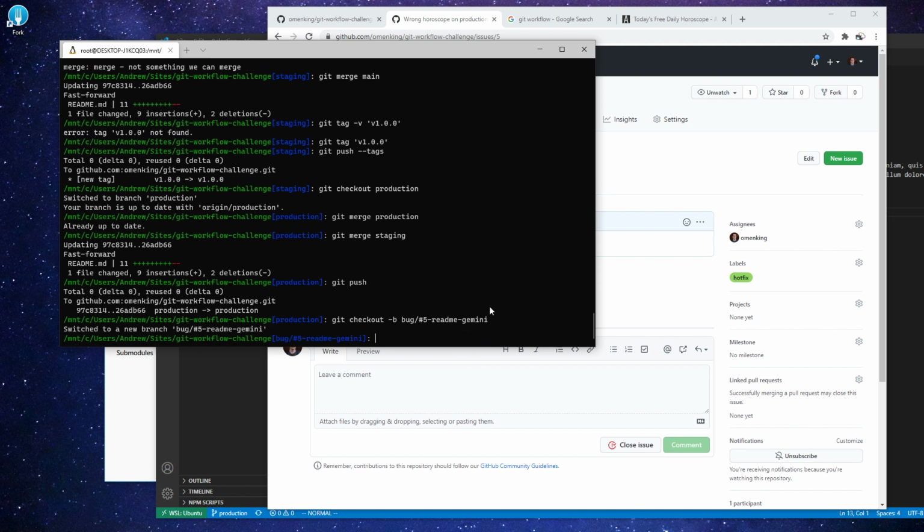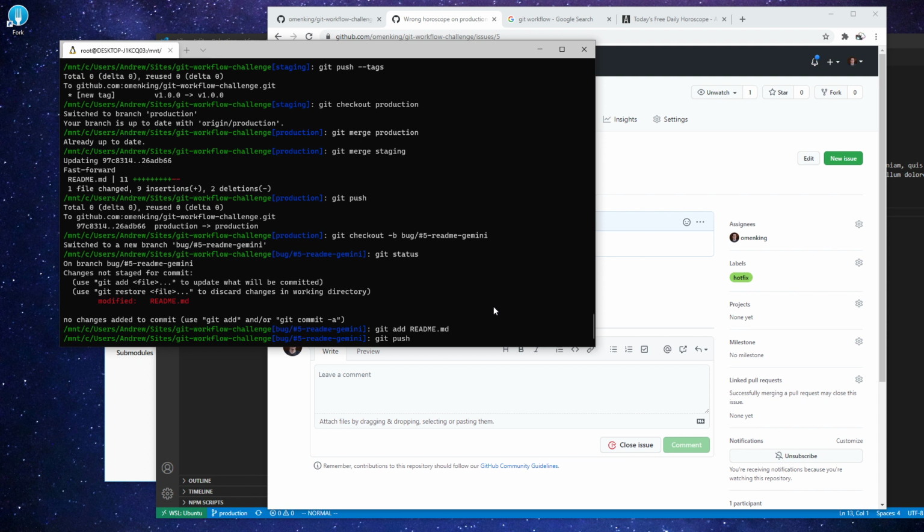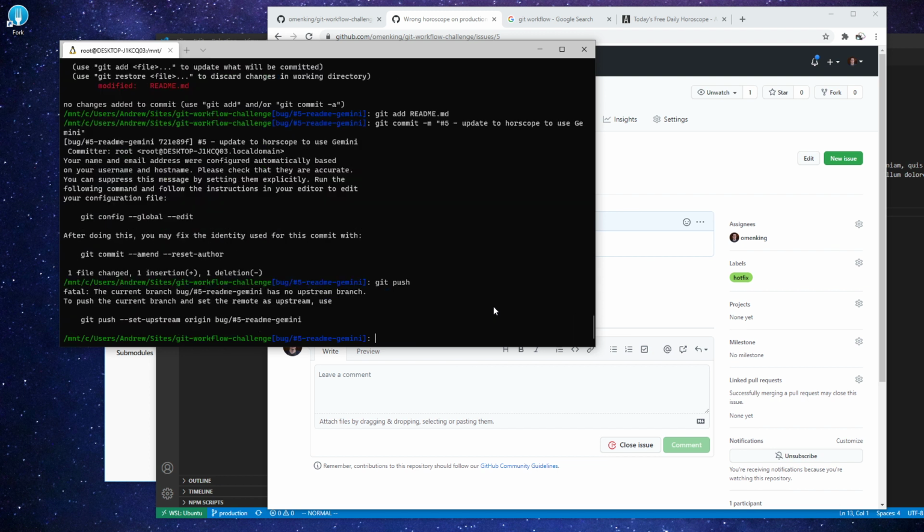So we'll do that, and we will then do a git status on that. We'll do a git add readme.md. We'll do a git commit -m, and this is number 5, so update horoscope to use Gemini, and then we'll do a git push, and we are going to push that,